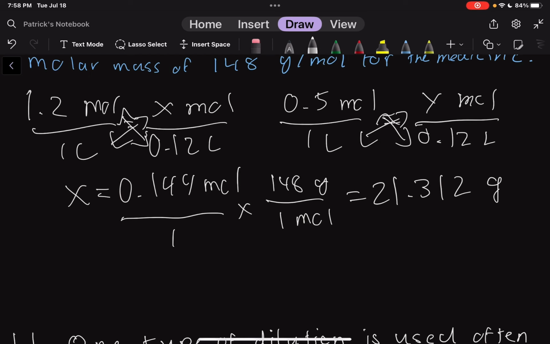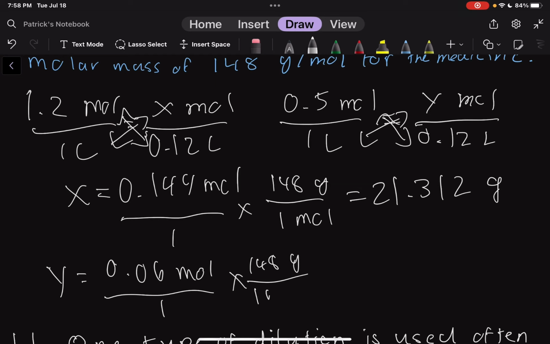The initial dose has 0.06 moles of medication dissolved in it. And 0.06 moles times 148 grams per mole is equal to